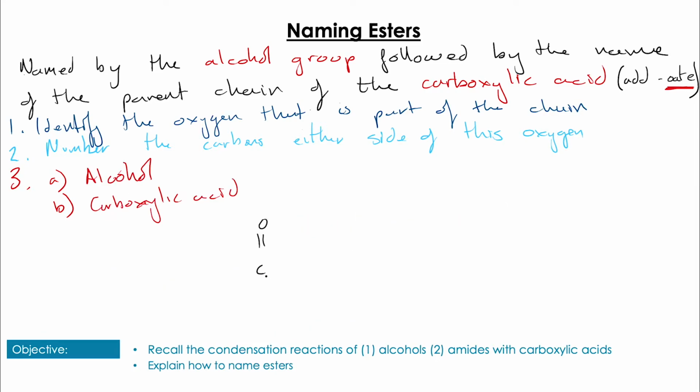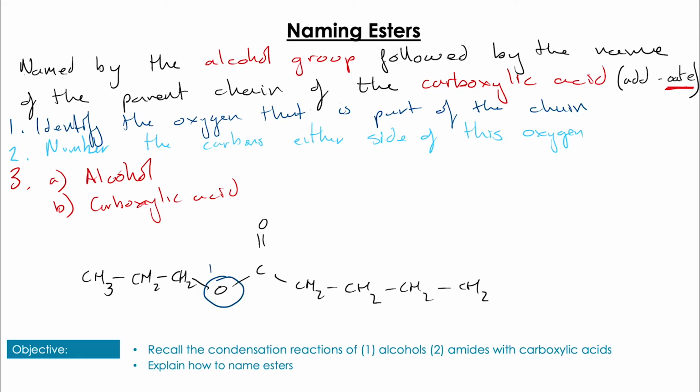So let's follow the same rules and try and name another ester then. With any ester, first thing we're going to do is identify that oxygen that is part of the chain, and that's where we can work out from there to number our carbons on each side. So we have 3 on the left side in this case, and we have 5 on the right side in